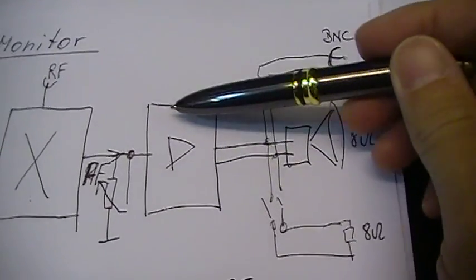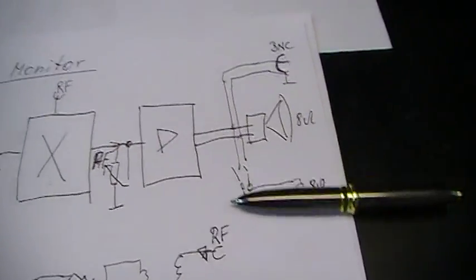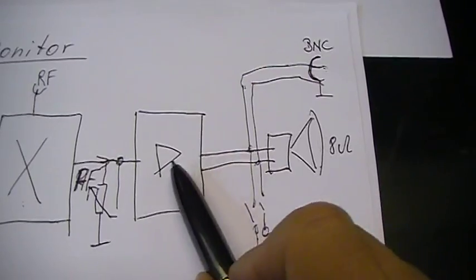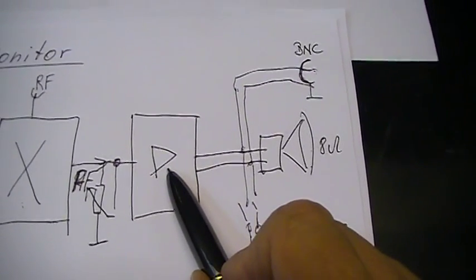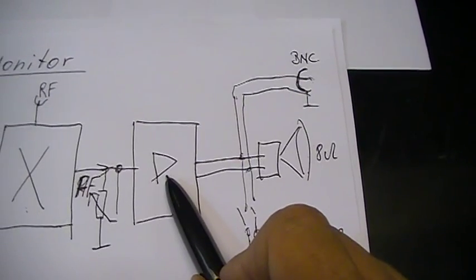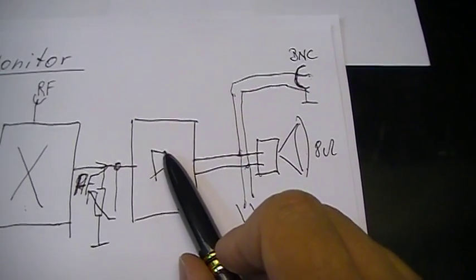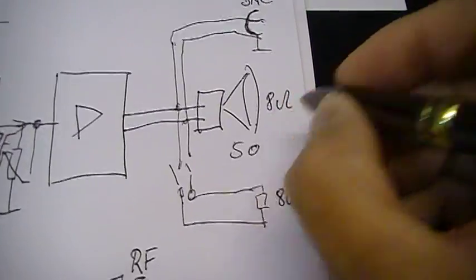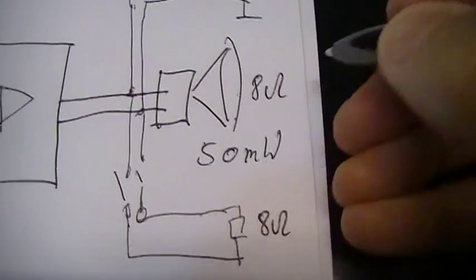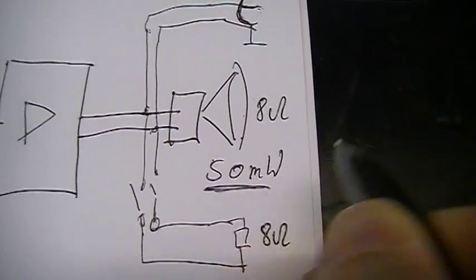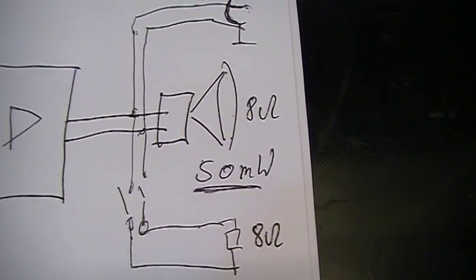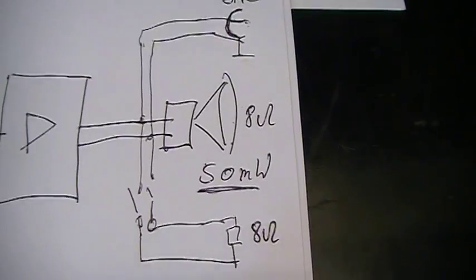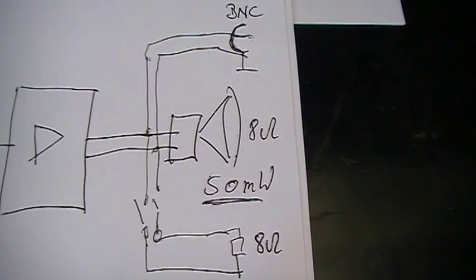And for the AF amplifier, it should be as simple as possible as well. One chip should be enough. We do not really need a high volume. So what we minimum need, so that is the requirement, is an output of 50 milliwatt. And why do I say 50 milliwatt? So that's very simple. 50 milliwatt, and you might believe it or not, but 50 milliwatt is really called as